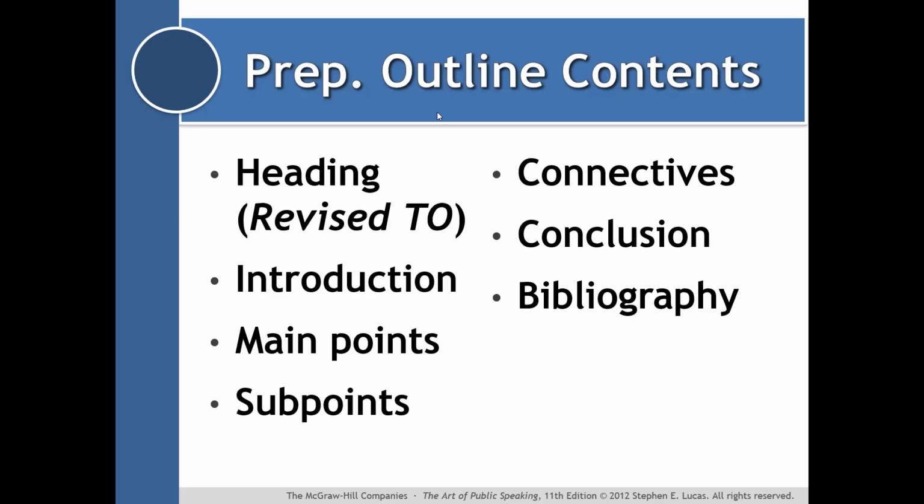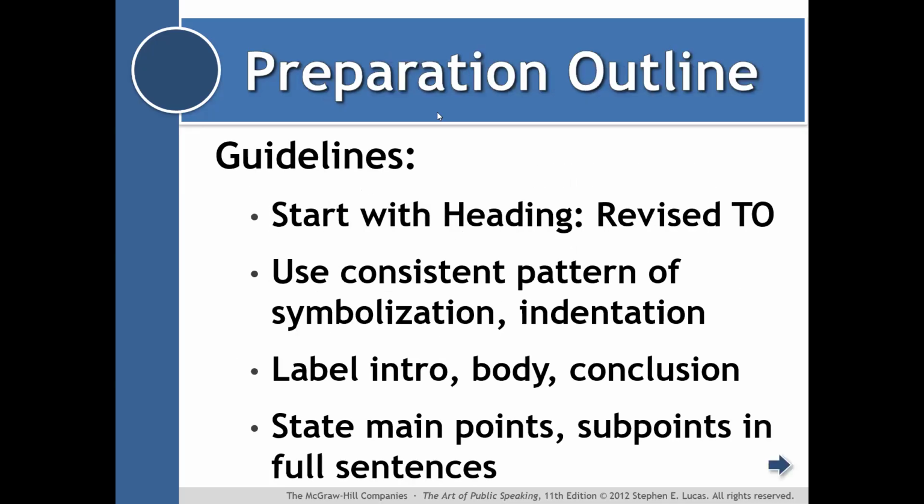And then you're going to put in your introduction, your main points, your subpoints, your transitions or connectives, the conclusion, and the bibliography or the works cited page if you have one. For this one, you're probably not going to need one. So what else? Okay, again, like I just said, you start with the heading, that revised topic outline, and then you